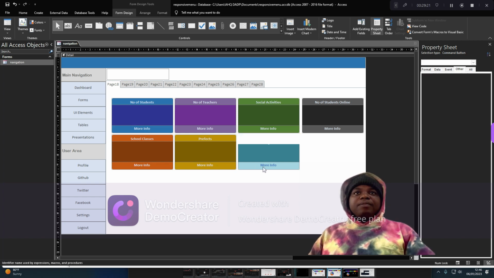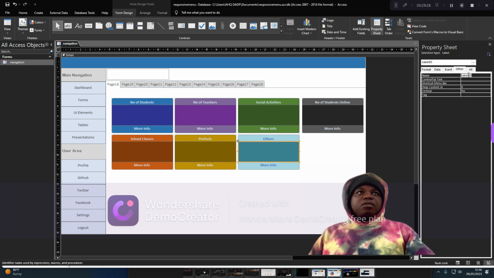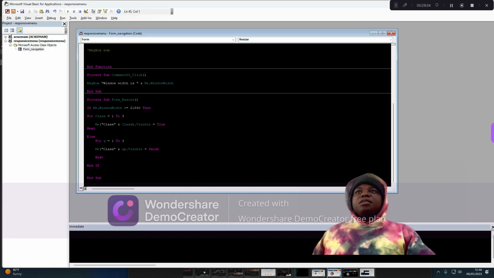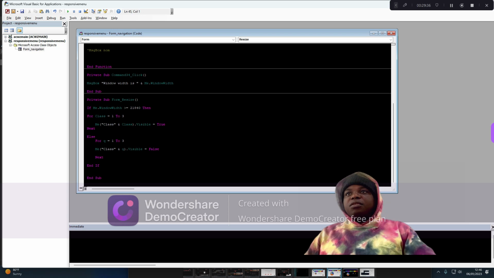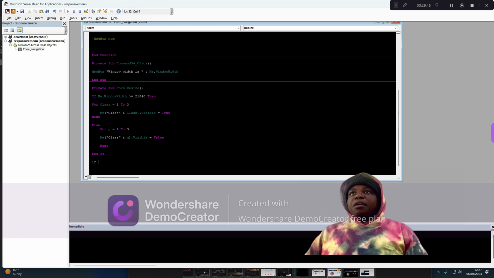Others 1, others 2, others 3. Okay, let's work on Priv first. Still on this on resize. I'll put another condition, that is if Me